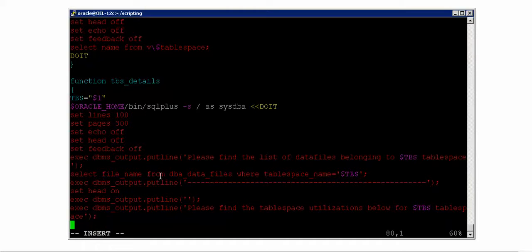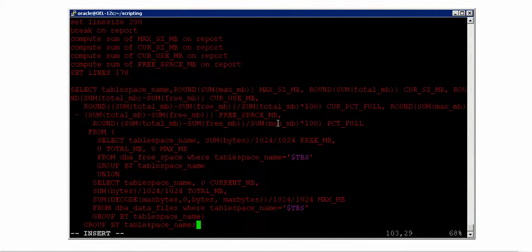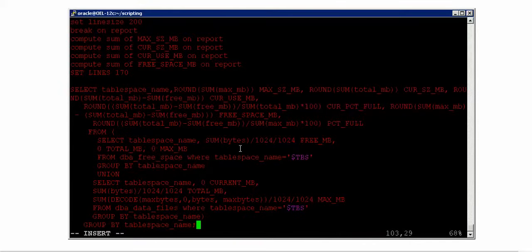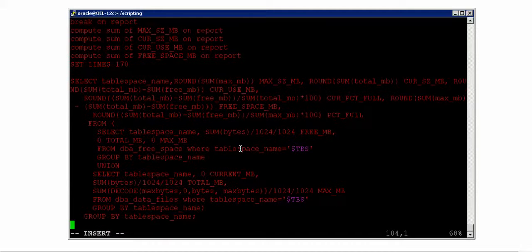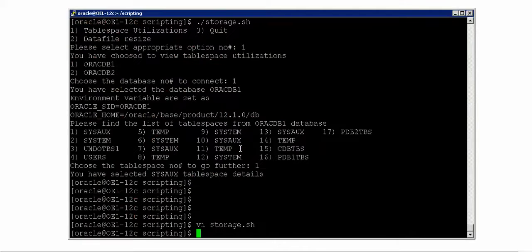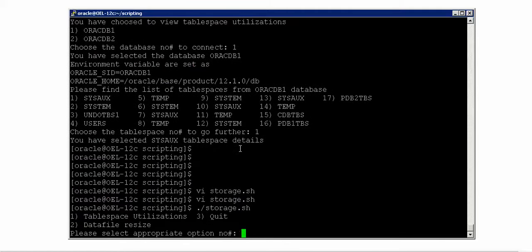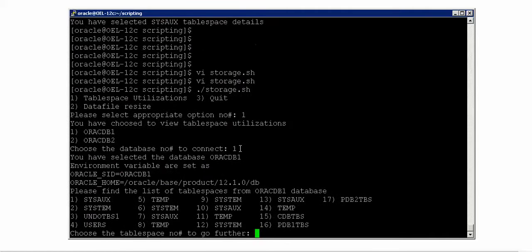Now I should write a query. So let me pull the query here. This is the script I have at the moment on the screen that I show. This is the script that I will be using to show you the complete output of the table space utilization. Alright, so now let me close this off and show you again. And here I should say exit. Even if I don't say it, it will basically come out. Now let me execute. Yes, this is the one.